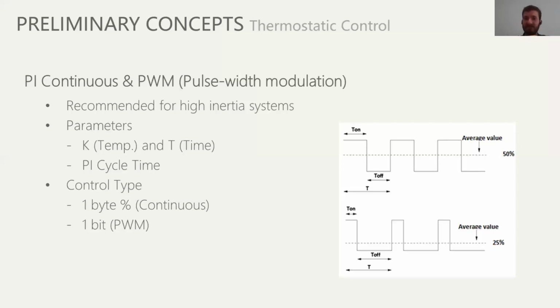In the next iteration, in the following cycle, the PI will say probably, okay, now you have to go to 80%. Then what the PWM will do is, okay, I have to open 80% of the time, and then for the remaining 20%, the valve will be closed. And that's what we can see